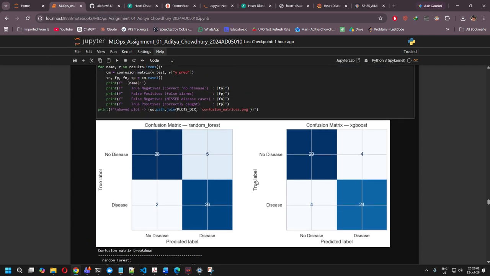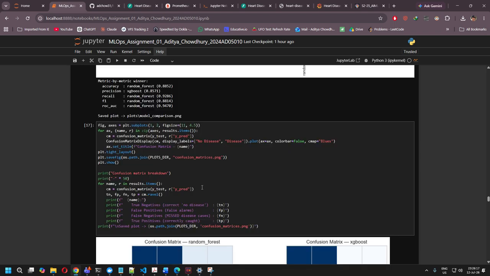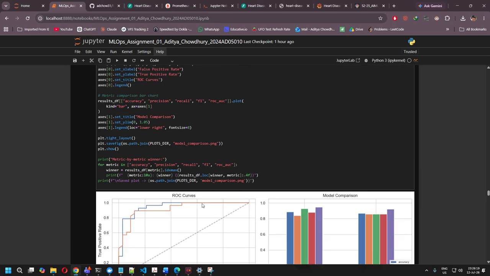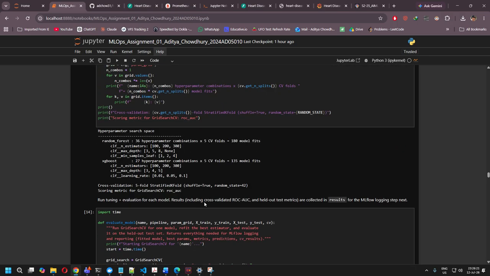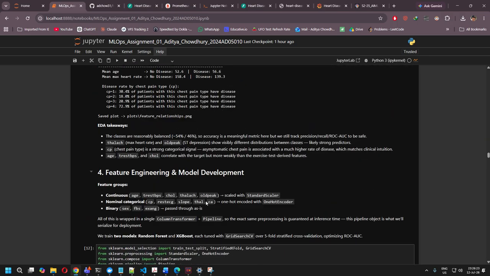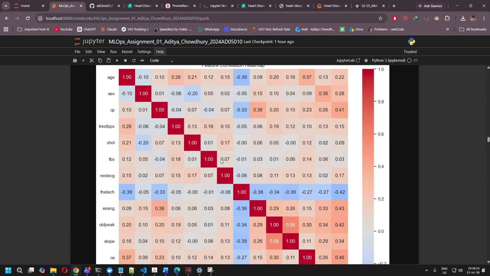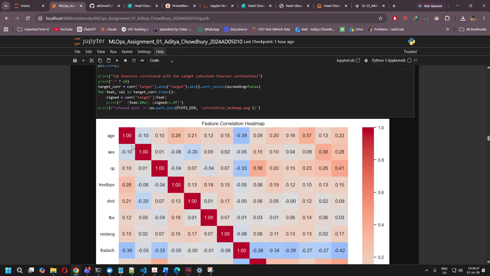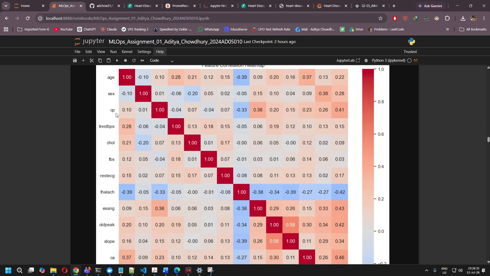Two of the main algorithms which I have used in this Python file are the random forest algorithm and the XGBoost algorithm. One of the main reasons for using these two algorithms is the different types of attributes which we are using in this project. In this case, we have several attributes, which I am showing you from the confusion matrix heat map. So this is the confusion matrix correlation heat map. In this one, as you can see, there are several attributes present.